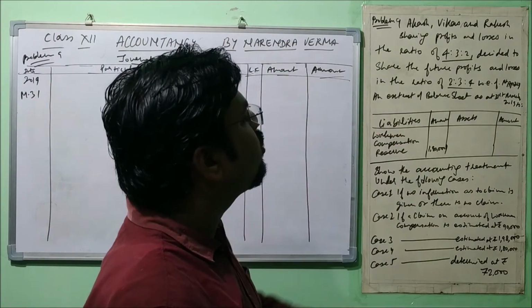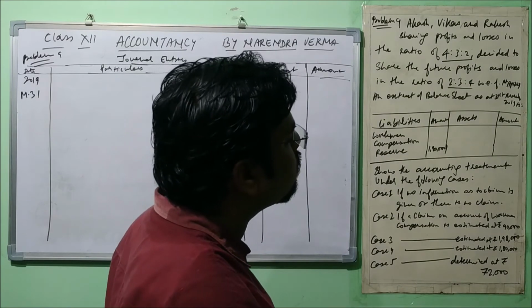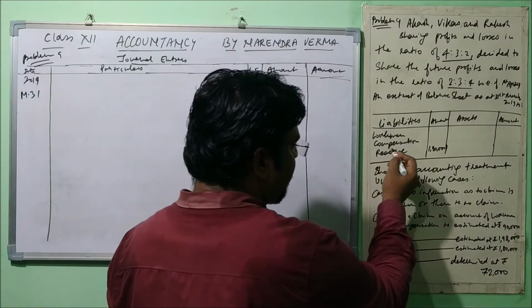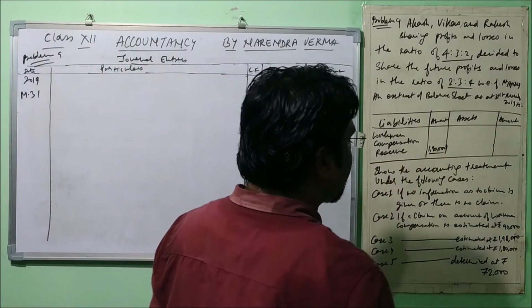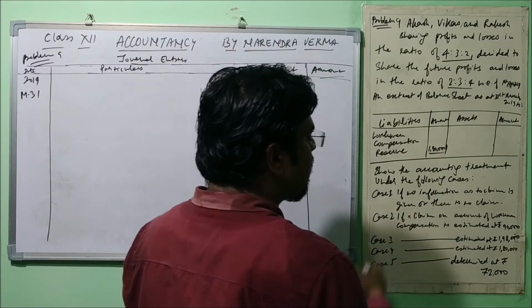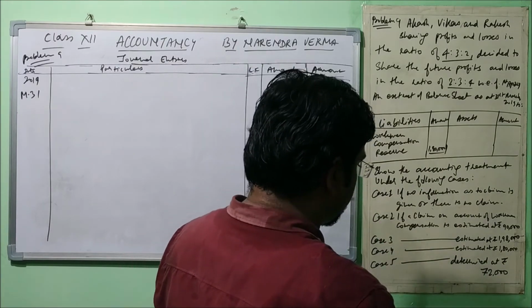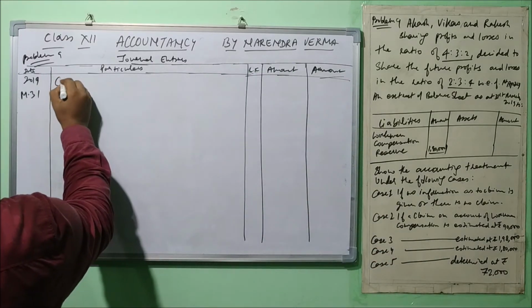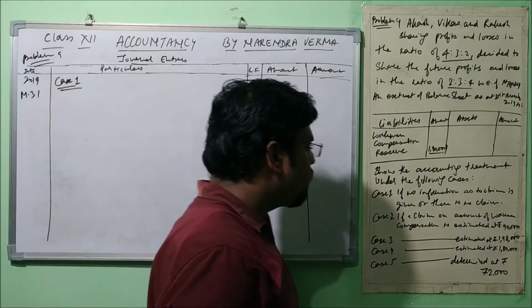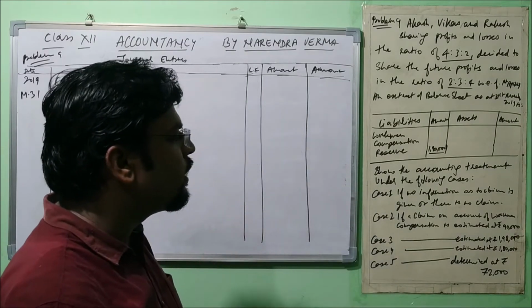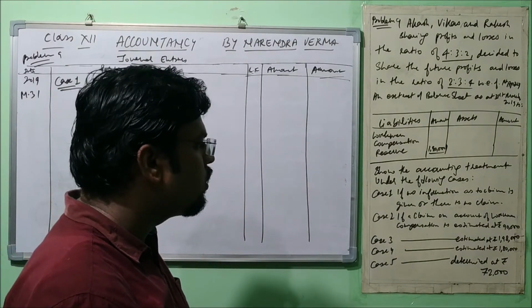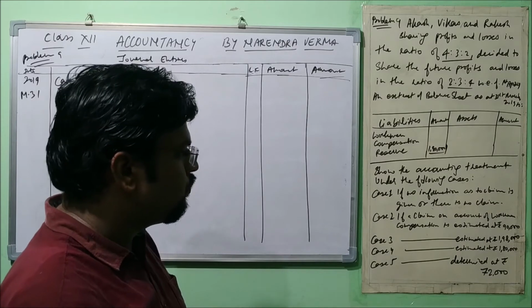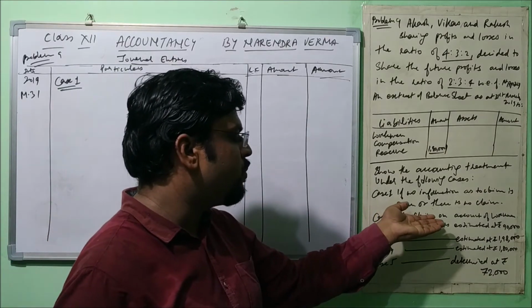Understood? An extract of balance sheet as at 31st March 2019: Workmen Compensation Reserve is given, 1,80,000. Fine. Show the accounting treatment under the following cases. So all the cases are given here. Case 1. So we'll put here case 1. If no information as to claim is given or there is no claim, so this situation can be presented in